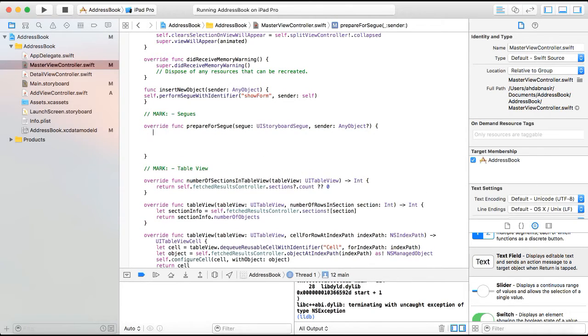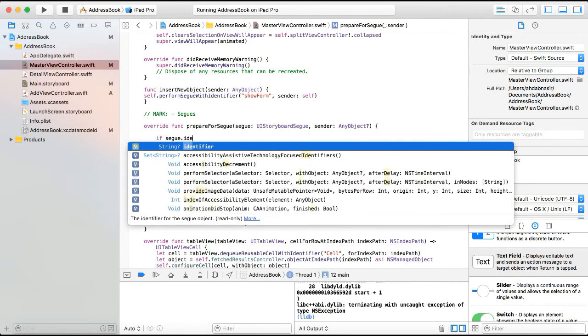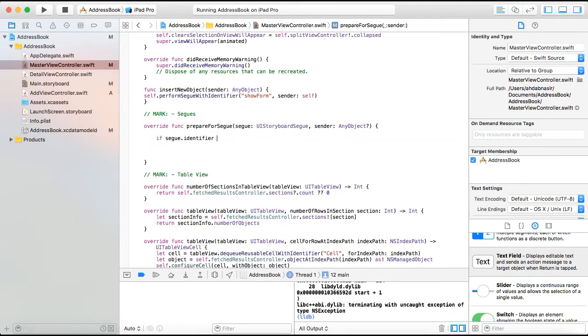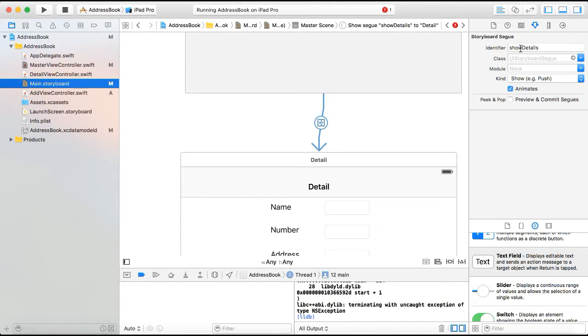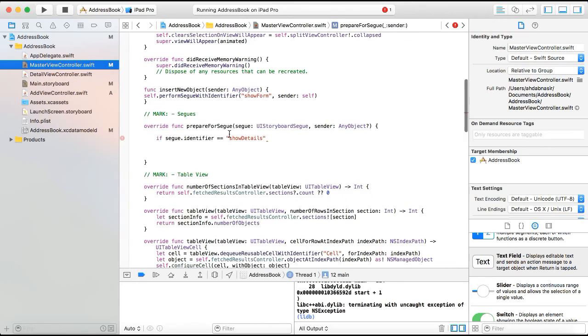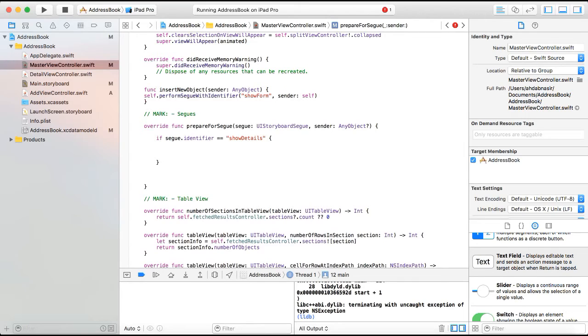And inside here, we're going to have an if statement. We're going to say if the segue identifier, if the name of it is show details, which it is, as you can see again, if you go back to main storyboard and click here, it is show details. So if it is show details, open bracket, I'm then going to write